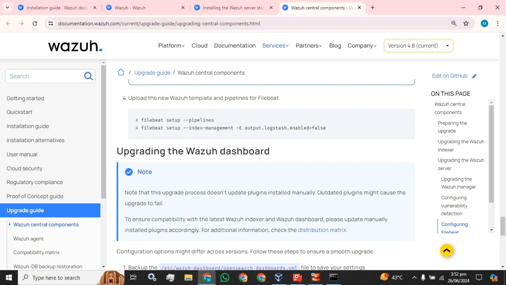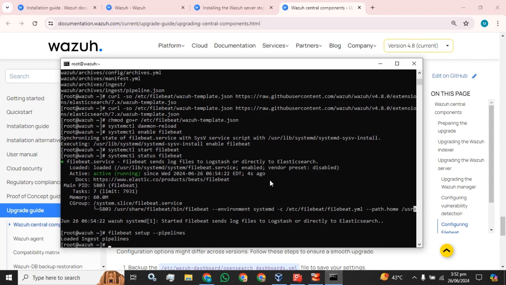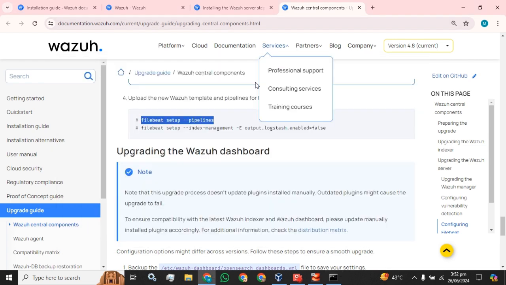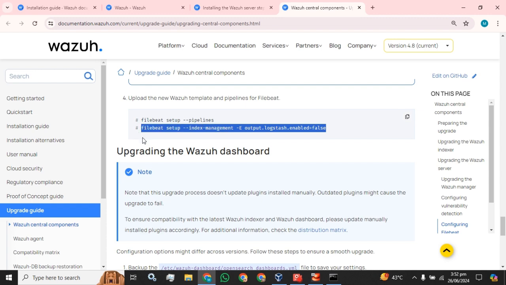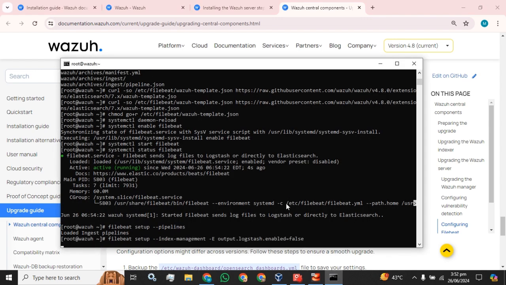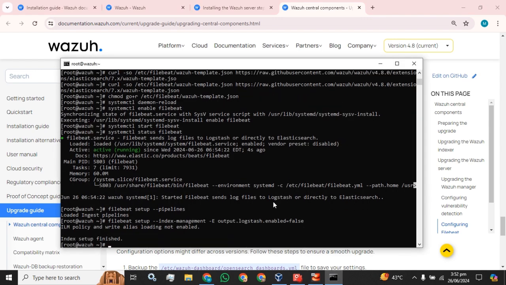Upload the new Wazuh template and pipeline for Filebeat. Okay, let's check for this command because I haven't done this before. Okay,